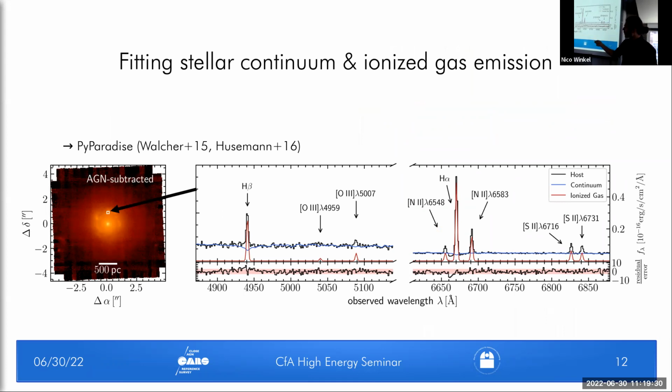Yeah, and the outcome of this process I show you here for a small aperture of 8 × 8 spaxels that I integrated. And here you can see that the stellar continuum emission is relatively faint, which is just a result of that we zoom in so much into the host galaxy. But the ionized gas emission, the emission lines on top of it, are still relatively prominent,